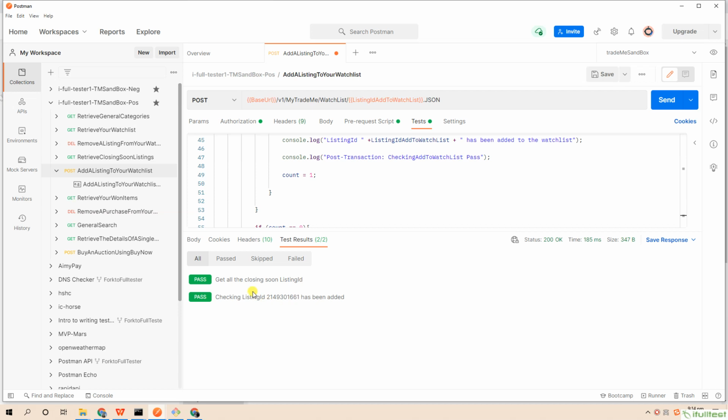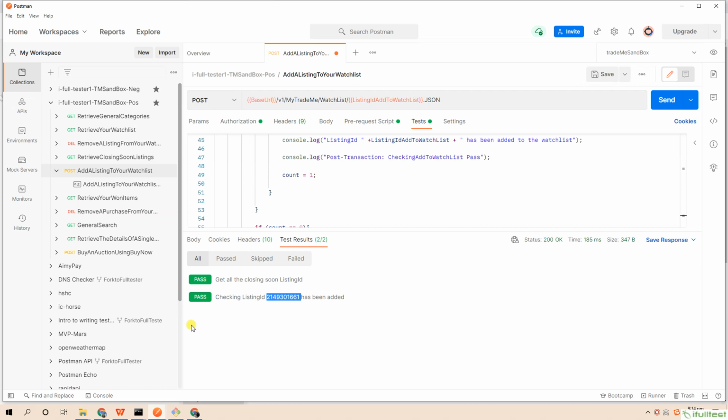See, we have two assertions. One is from the pre-request script to get all the closing soon listing ID. Another is from the post request to check whether the newly added listing existed on the watch list.